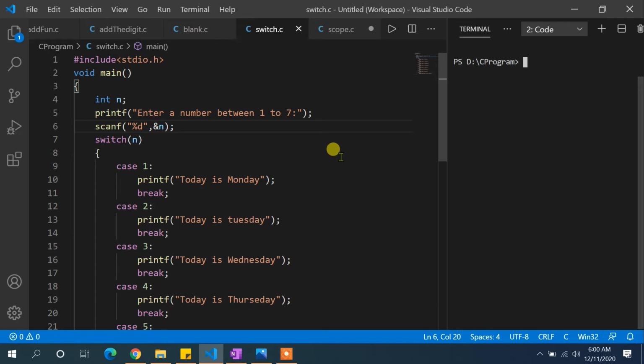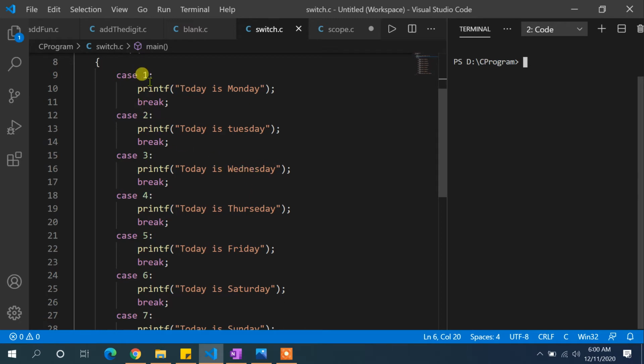Well, so we are going to discuss some of the tricks and techniques present in switch statement in this part. The first question we are going to learn is: is it allowed to change the case numbering? Suppose I write case 1 over here. Instead of writing case number 1 here, can I write case number 3 here and case number 1 there? Yes, it is possible. So you can alter the case numbers.